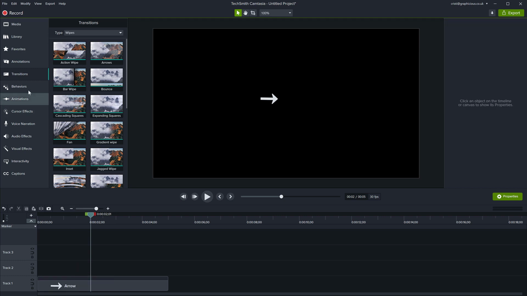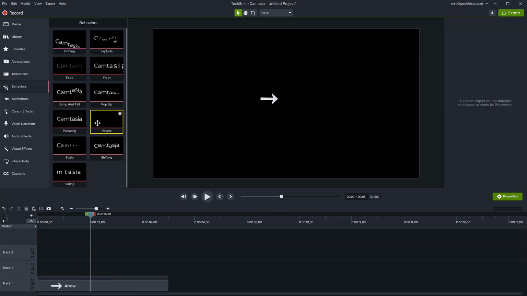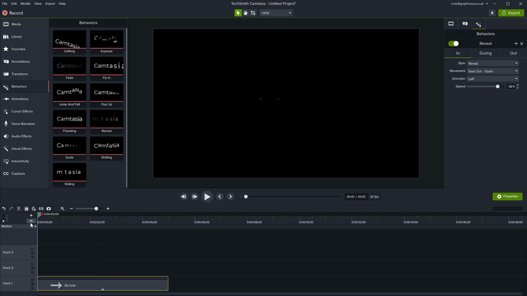You can use behaviors. If you go to behaviors and choose maybe one of these that fade in from the left or reveal like this, this actually gives you a little bit of animation. You can see I've applied this one, reveal. If you play it now, the arrow kind of slides in, and you can control the action as well as the speed and duration,